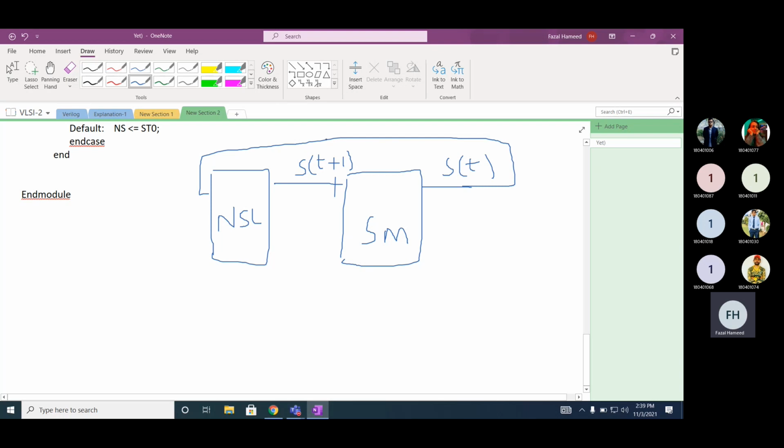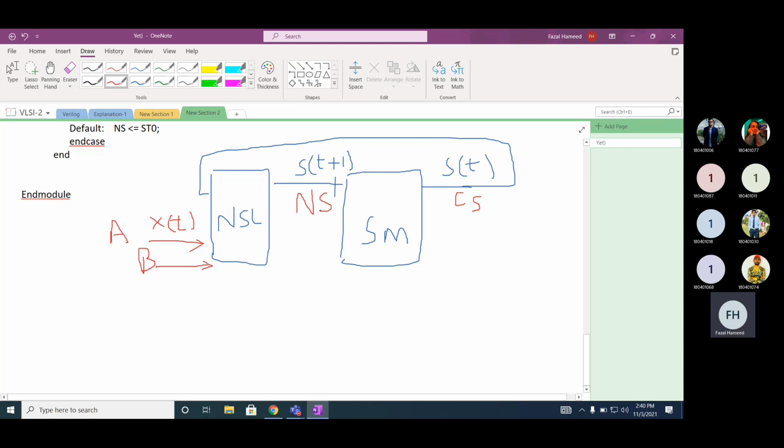There are two inputs here, XT, if you remember. The input in this particular example is A and B. If you look at this ST, we can call it CS. CS stands for current state, and NS next state.